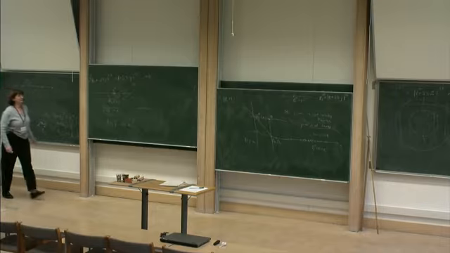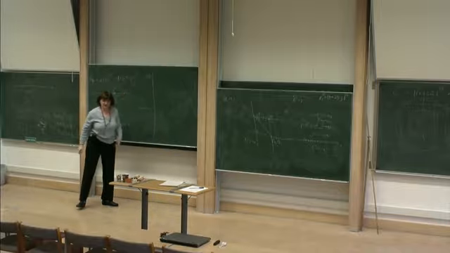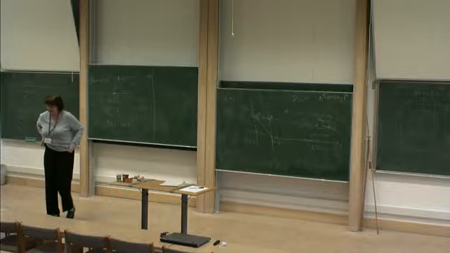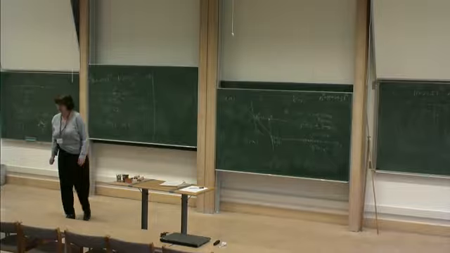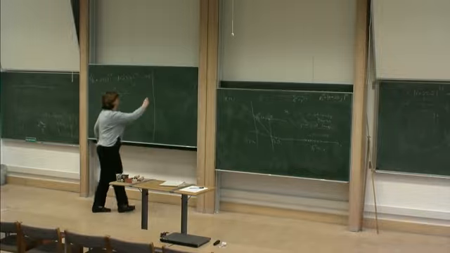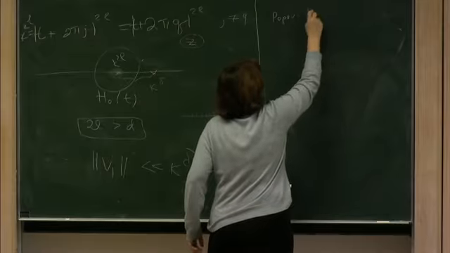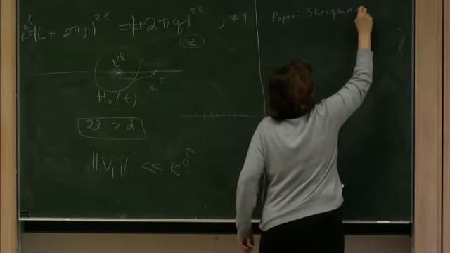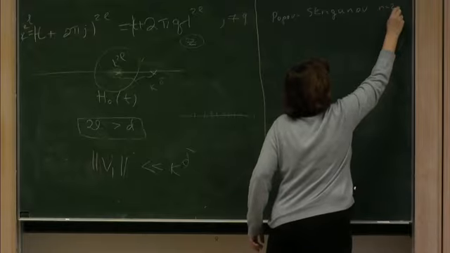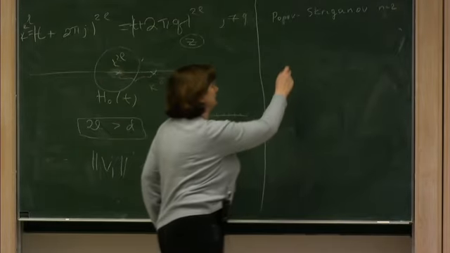I just want to say that for this multidimensional periodic problem, a very good group of people worked on this for a long time, and I want just to mention the first paper in this respect. This was the Popov-Skriganov paper, early 70s, and it was devoted to the case n equal to 2, and they proved the Bethe-Sommerfeld conjecture that